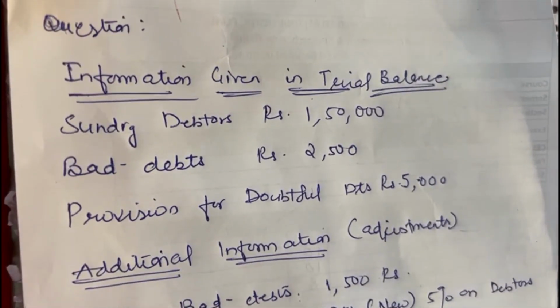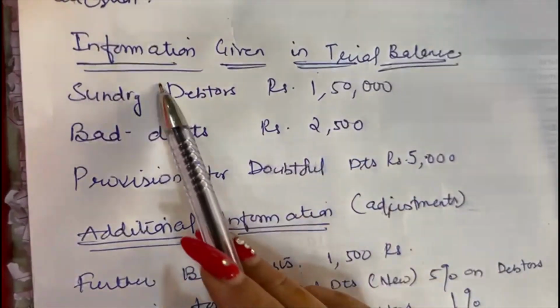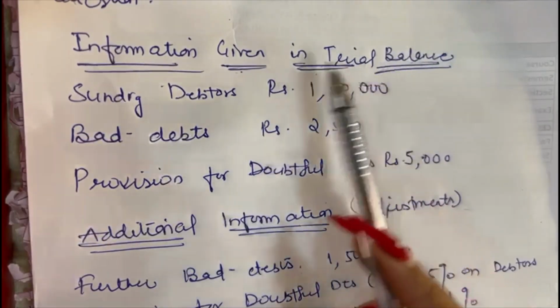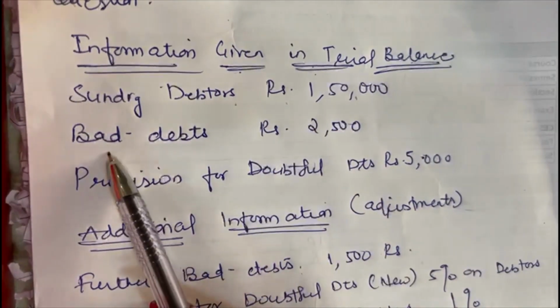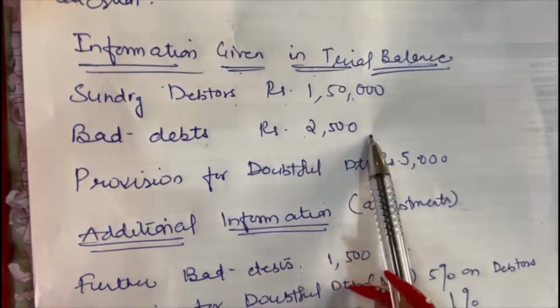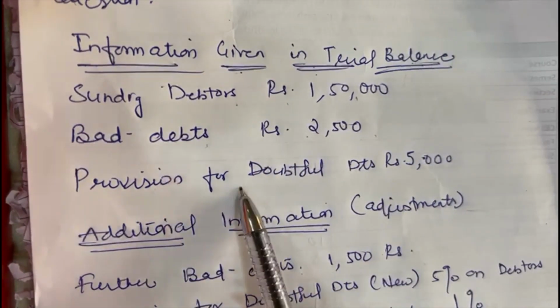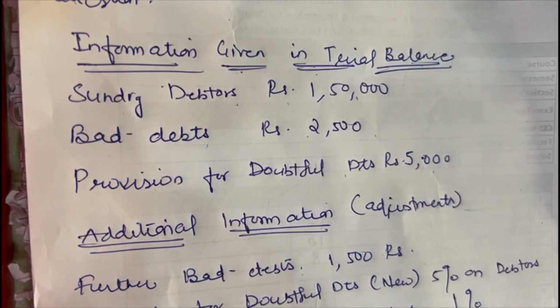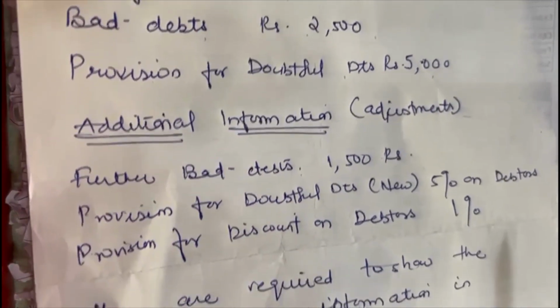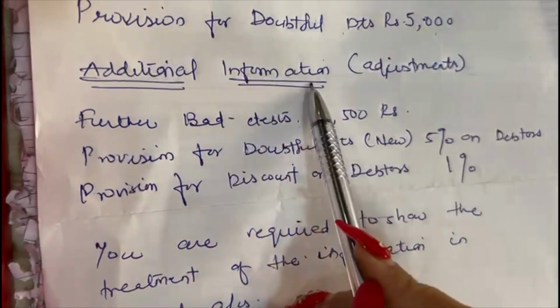So the question says, information given in trial balance: sundry debtors rupees 1,50,000, bad debts 2,500 rupees, provision for doubtful debts 5,000 rupees. After that, we have been given certain information in adjustments, that is the additional information given to us